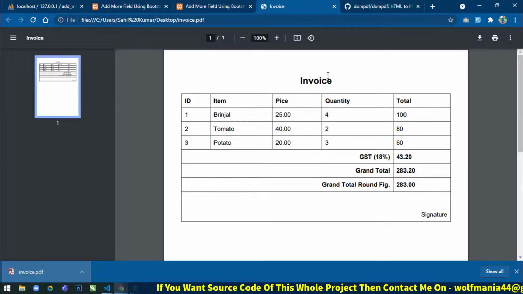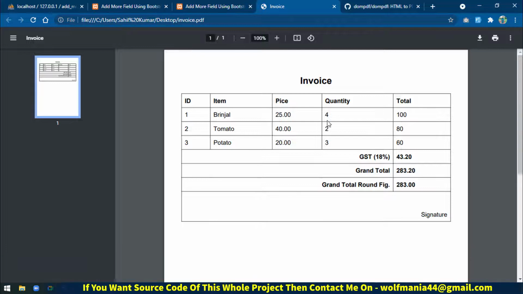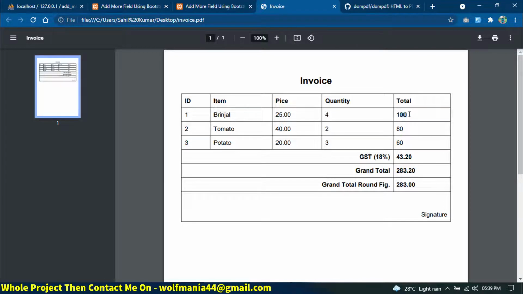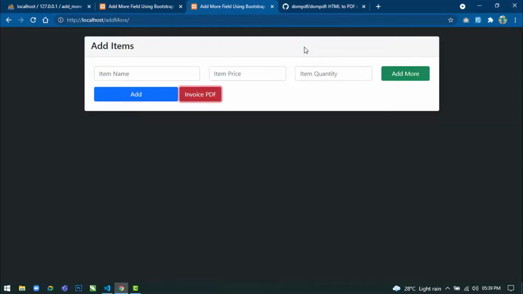then you can see the invoice. You can see the items with the quantity, and then the total is calculated here and so on, and you can see the GST calculated is here, and the grand total is here, and the total price in the rounded figure. Now this time if I click on invoice PDF, then the PDF file is downloading,